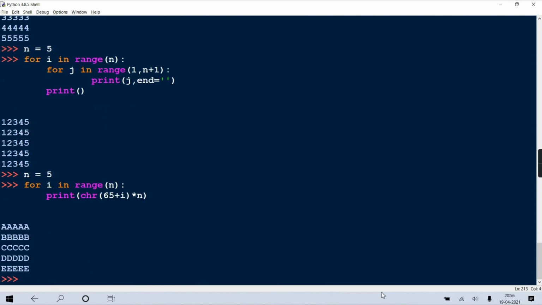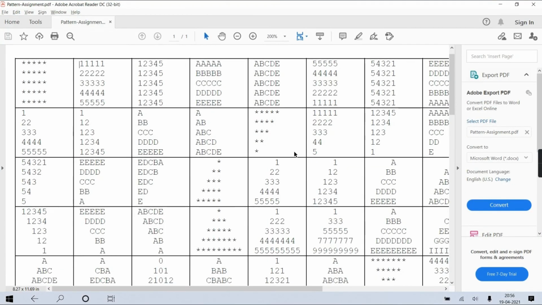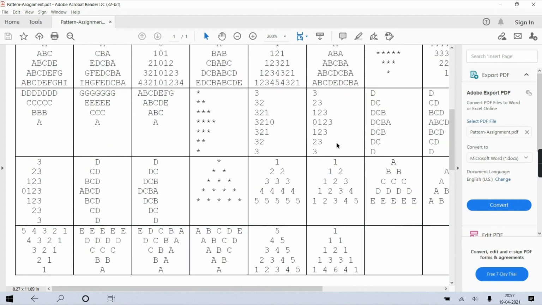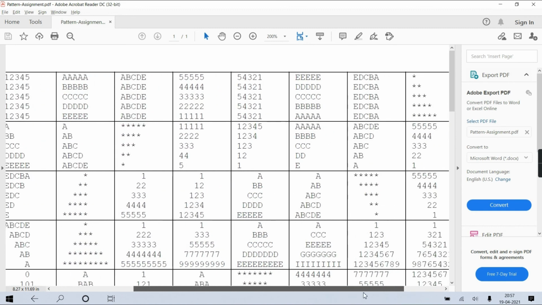So this way you'll get the output. In that only, you have to make the modifications and try to solve such patterns. So I'll share this file also, the first file, the normal assignments, and also this pattern file assignment. It is up to you. Whenever you get time, try to solve it. It is just for logic building. Clear? And if you're facing a problem with any of them, you can ask me. There are many. Whenever you get time, please solve them, just in your spare time.